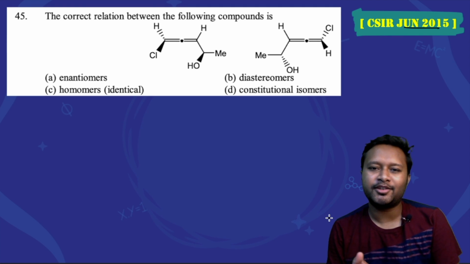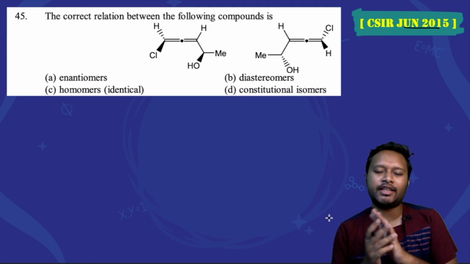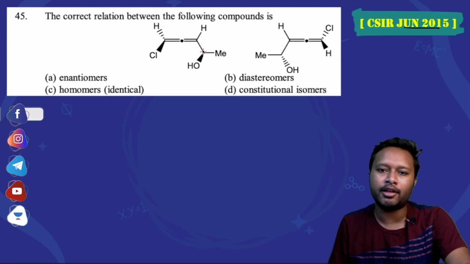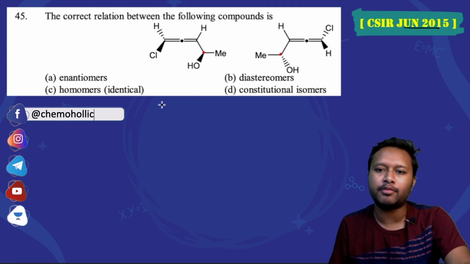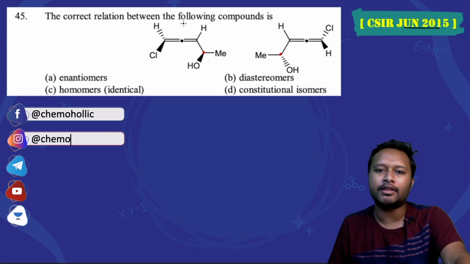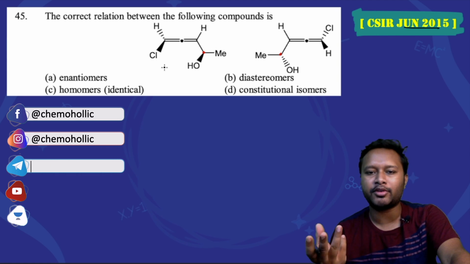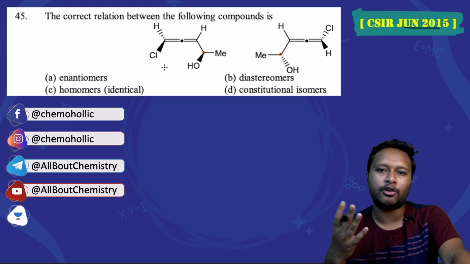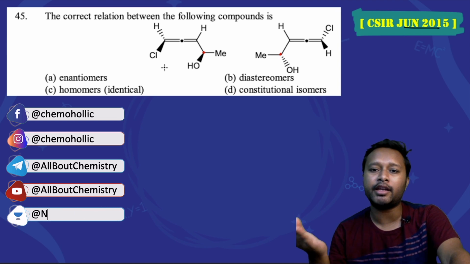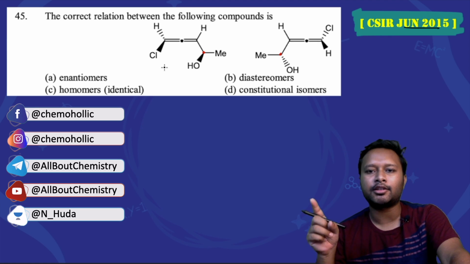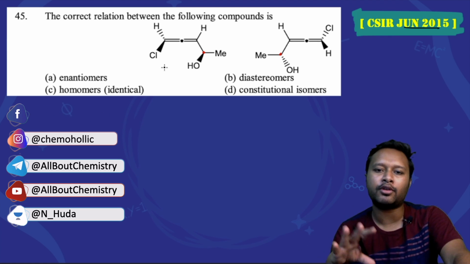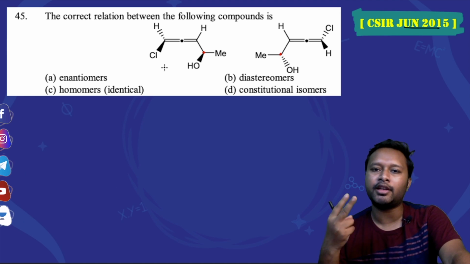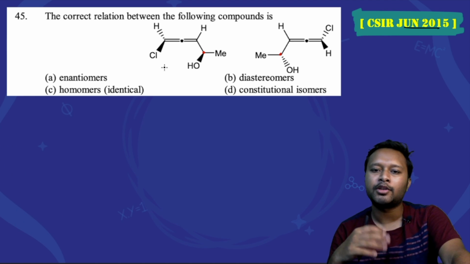To answer this particular question, you have to deal with the stereochemistry at two places. First, we have chiral carbons, and we also have an allene system. So you have to deal with the stereochemistry of the allene group as well. Now if you are not comfortable with finding the stereochemistry of allenes, biphenyls and spirans, I have made a video and I'll link that over here. You can watch that video completely to understand how to find the stereochemistry of allenes, biphenyls and spirans. It's very important, so you should know that.